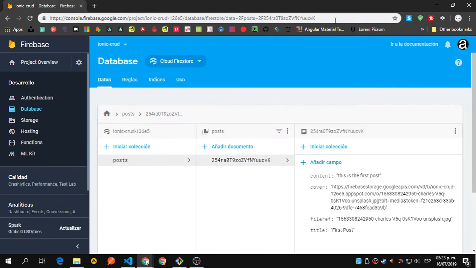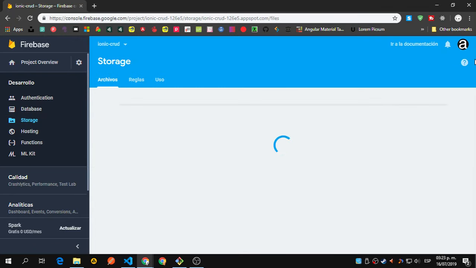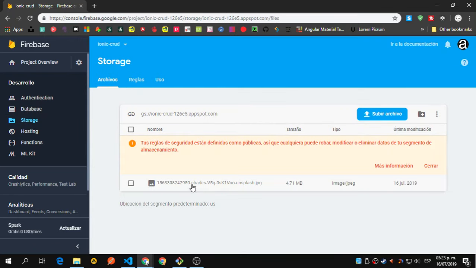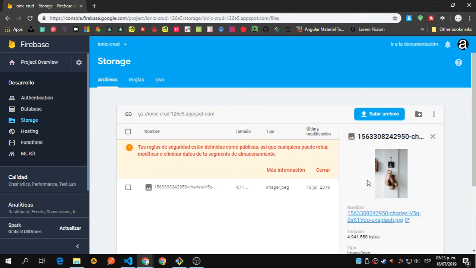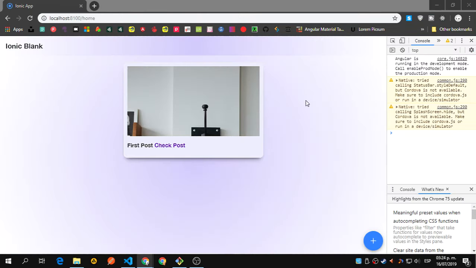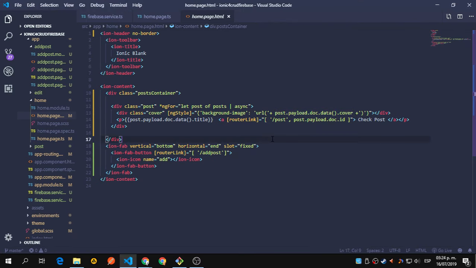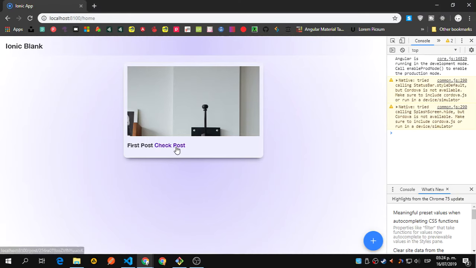Okay. So you can see here we have the post, the document, and this is the first post with the cover image. Let's go to the storage, and we should be able to see the image we have. Okay, let's move that away. So I'm getting the cover. I'm passing the ID to this router ID, that is this link,